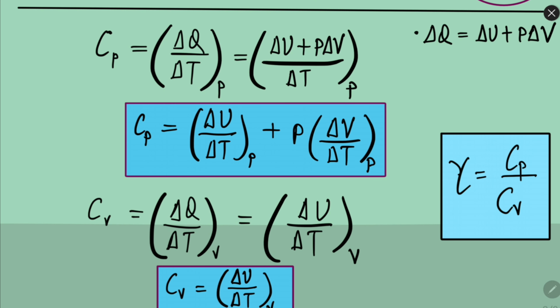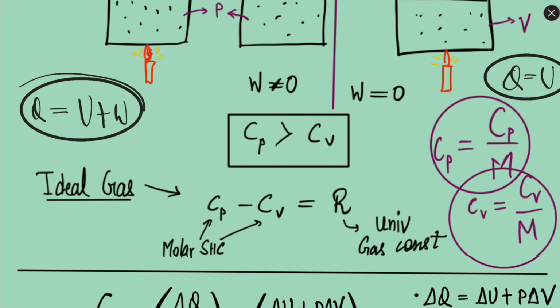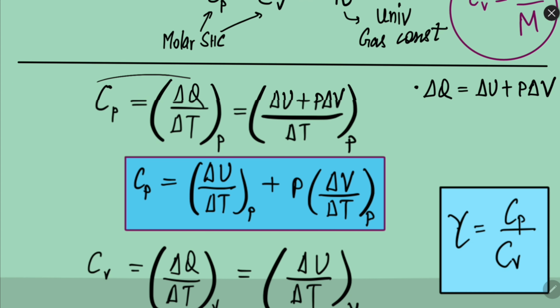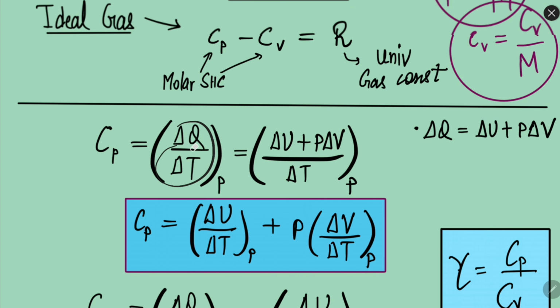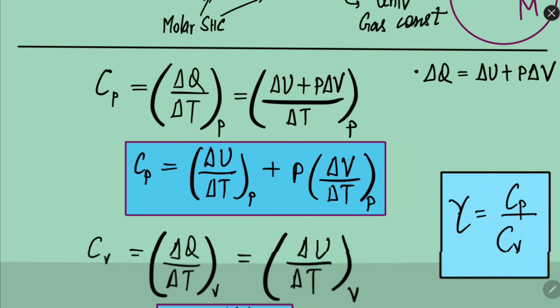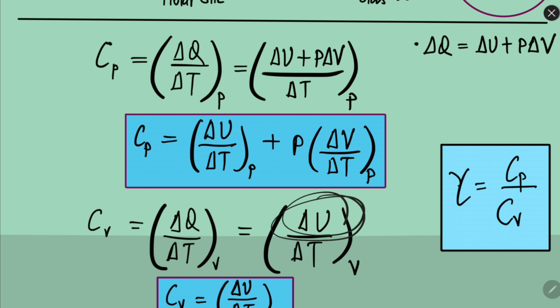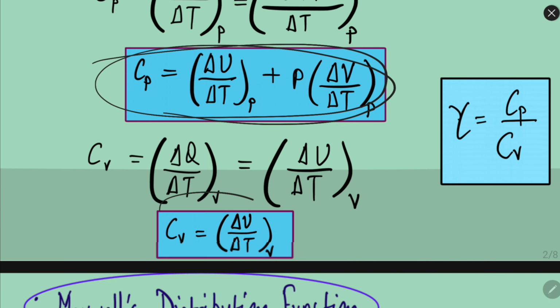Now we have some formulas. As I told you, Q is U plus W. So specific heat capacity, as we studied earlier, will be del Q over del T, and mass is obviously 1, so the mass is not here, otherwise mass would have been here. So in place of del Q we can use internal energy plus work done. Similarly for constant pressure, but work done will not be here. So ultimately you can put it differently, and it will become like this. So you can clearly see Cp is more than Cv.